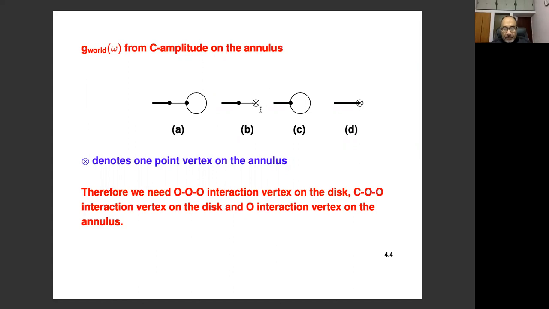These kinds of vertices, on the other hand, are for amplitude on the annulus. So this, for example, represents the 1-point function of the open string on the annulus. And you can convince yourself that each of these diagrams, when you actually translate this into the string worldsheet diagram, do represent a 1-point function of the closed string vertex operator on the annulus. So maybe what I'll do is demonstrate this for diagram B, what this really means, but you can repeat this for all of these other diagrams.